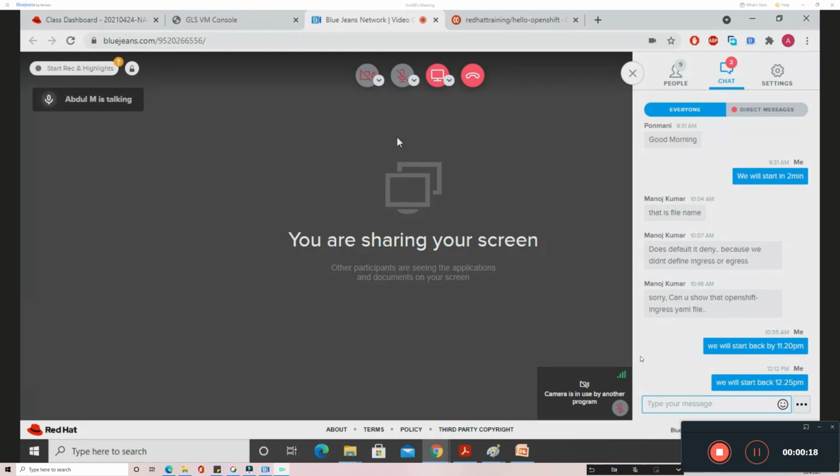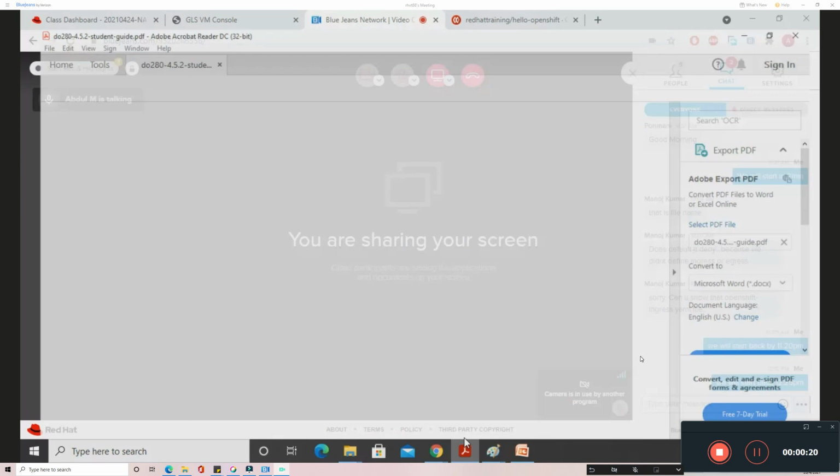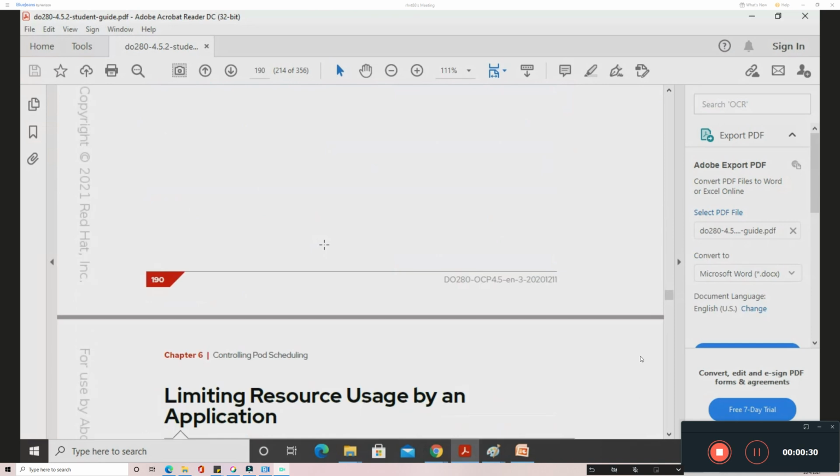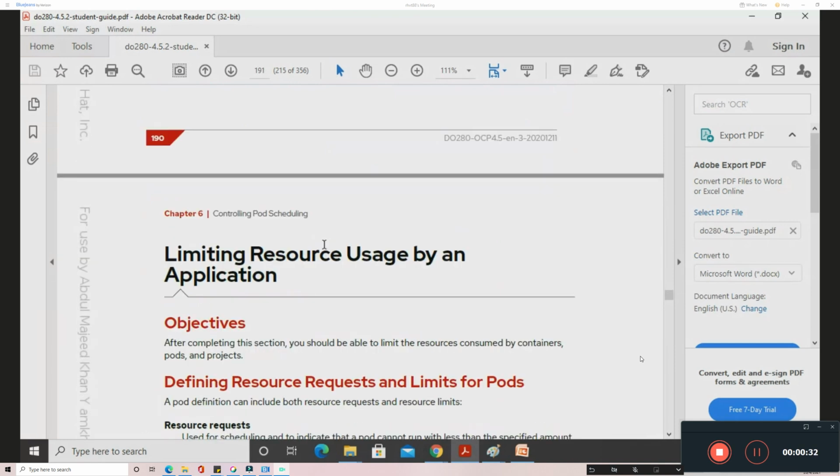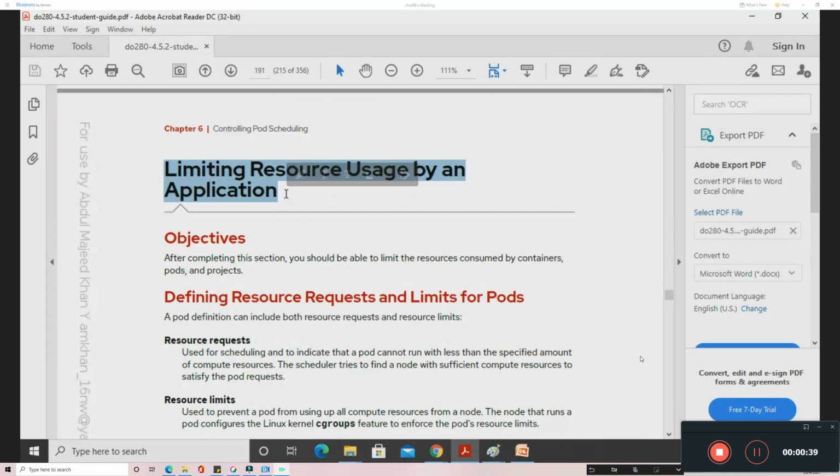So we'll start now the second session of the sixth chapter, which is about setting constraints. So here we want to limit the resource usage by an application. So this is by we're going to set the constraints for the application. So the constraints we are going to set